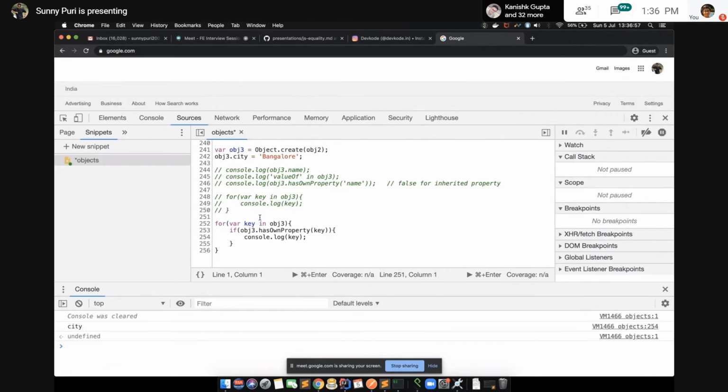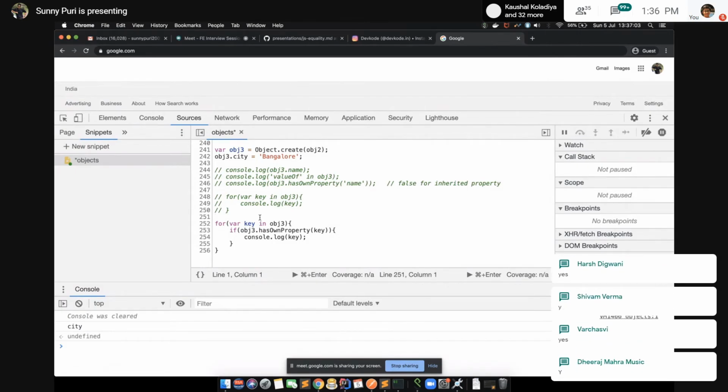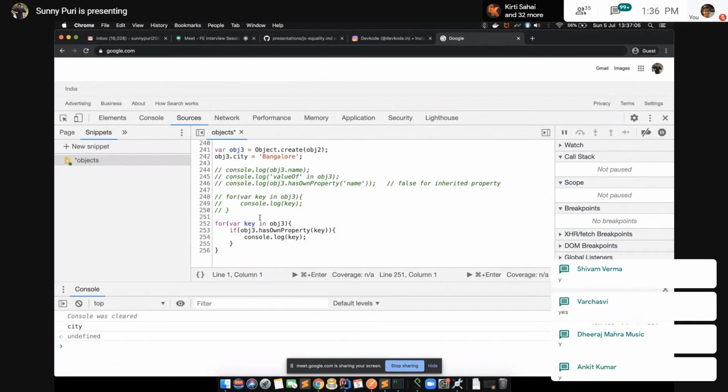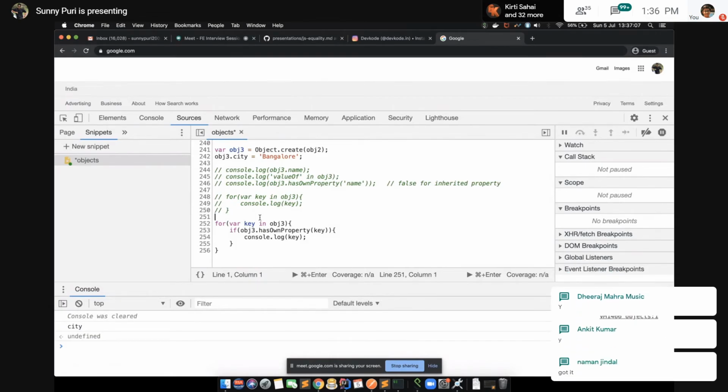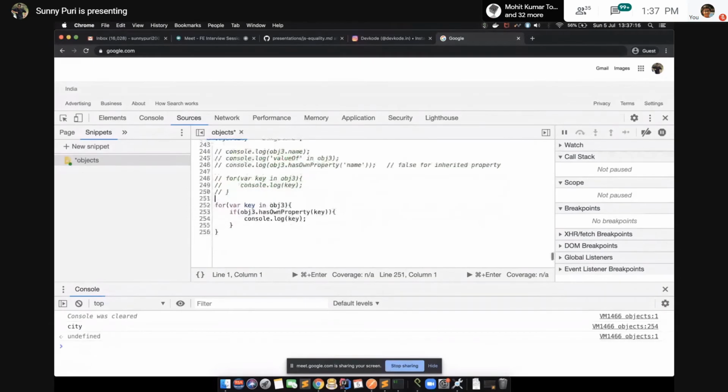This is clear, guys. They are not enumerable. None. They are not enumerable. That's why. So people are asking why the objects are not coming, why these are coming? Because these are enumerable true. This is clear, guys.